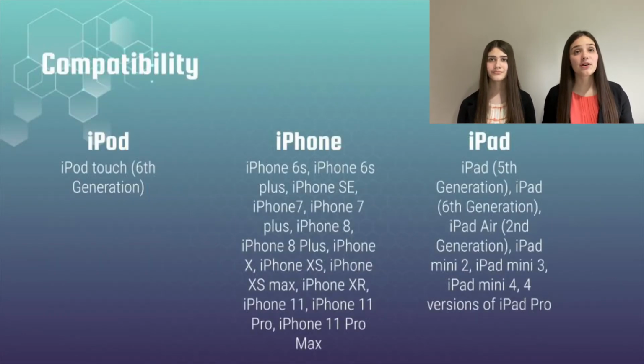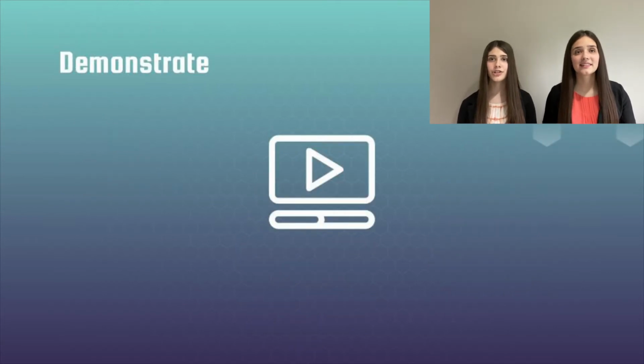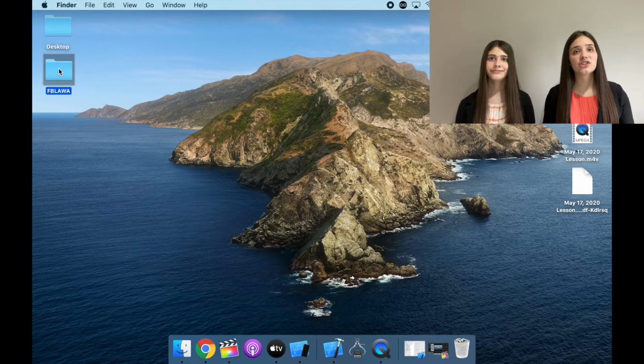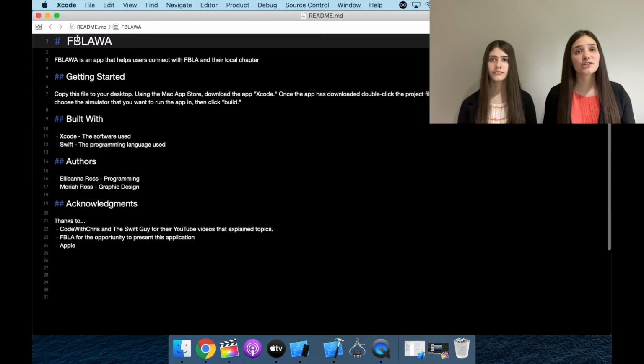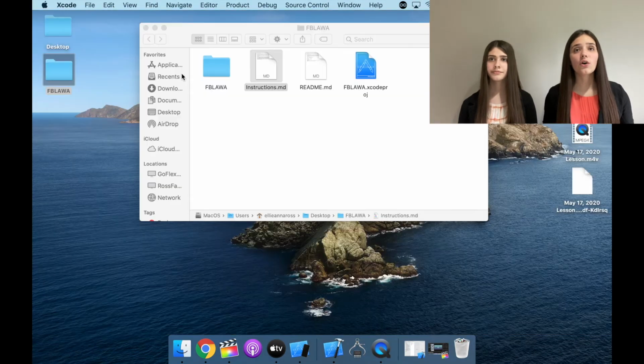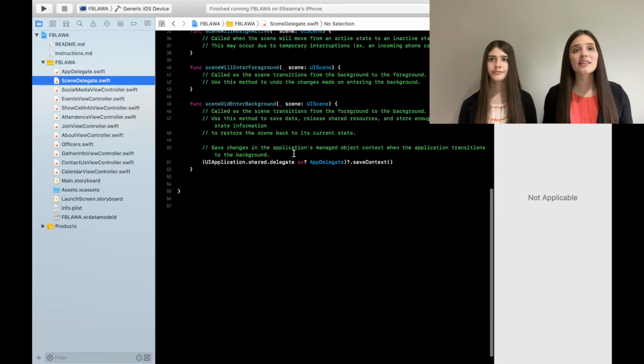These include the iPod 6th generation, all iPhone 6s and newer, and all iPads from the iPad mini 2 and newer. Now let's take a look at the app in action. To start off, let's look at the packaging of the app. When the folder is opened, you can see the project and all its files, the README file, and the instructions file. When the project is opened, all the files show up along the side, and within each file is all